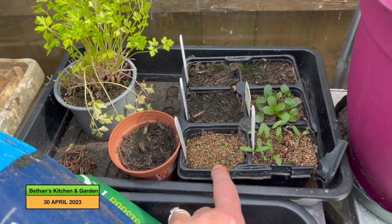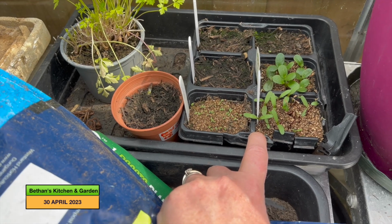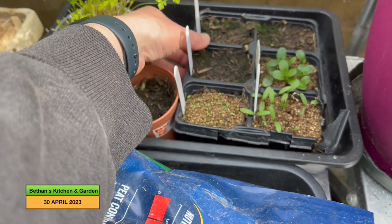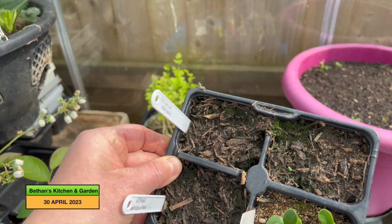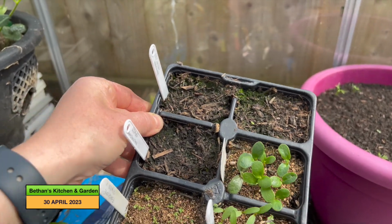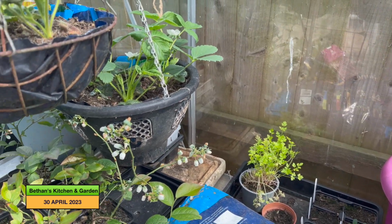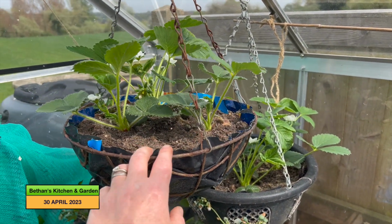are some foxgloves, some lupins and some marigolds, and then those are nasturtiums, but they haven't come up. They're quite old, so I don't think they are going to. And in those last 2 cell trays I've got melons, honeydew melon, but there's no sign of any melons there yet either. My ongoing pot of parsley, and then I've got my hanging baskets of strawberries, and I'm sort of